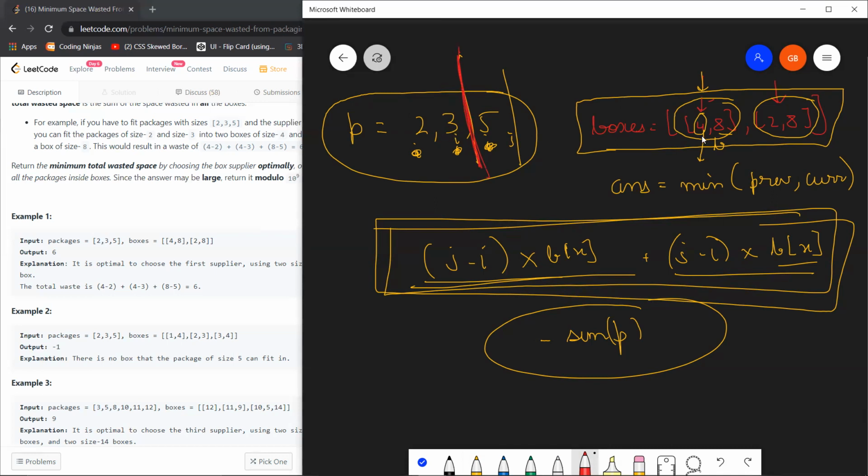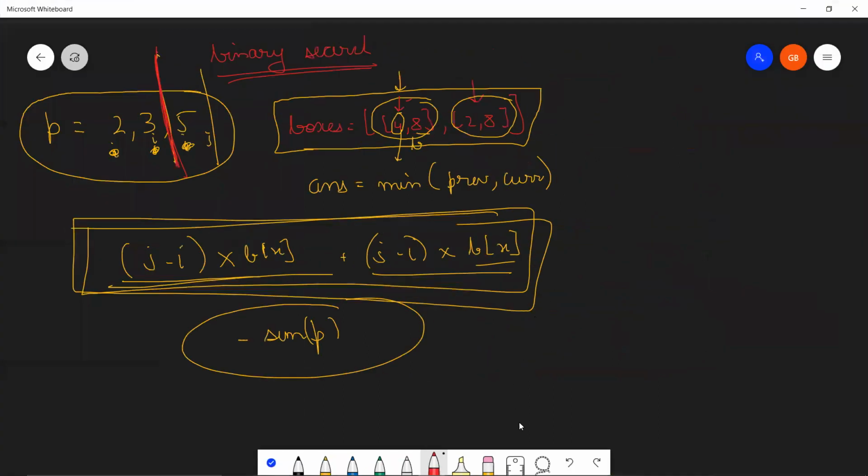And how did I find its demarcation optimally? That's very simple. I used binary search. This is something that you have been doing so many times now, right? Finding the correct location using the help of binary search, finding the correct demarcation using the help of binary search. So I hope the explanation of this problem was pretty clear to you.